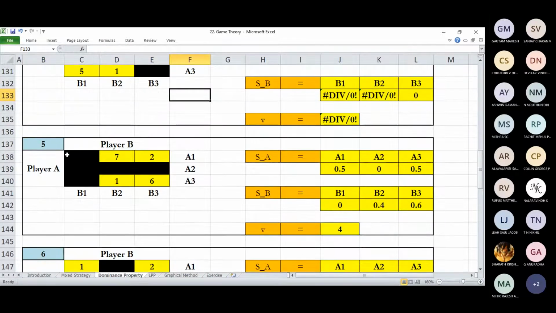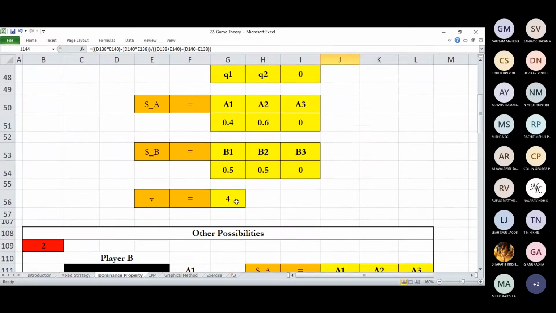But when you come back to this fifth option, when you mask row 2 as well as column 1, we end up with 7, 2, 1, and 6. It yields a value of 4. Already in the first iteration, we got 4. Let's think whether the other options can yield a higher value of the game.